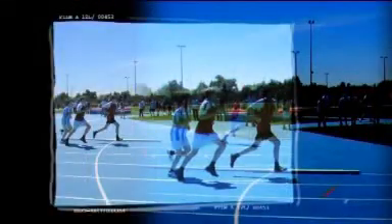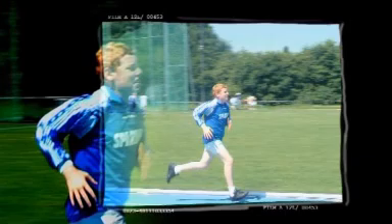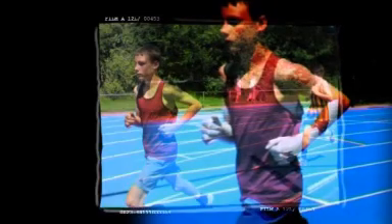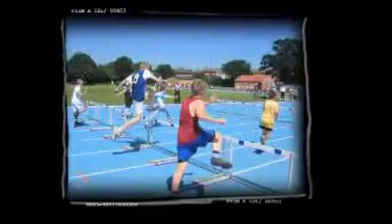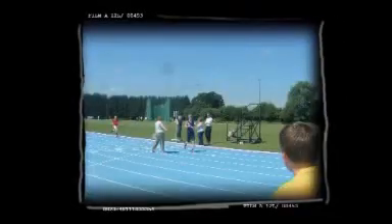Sun protection is a key feature we do have to advise them about. We encourage our boys to slip on a t-shirt, slap on a hat and slop on the sun cream. If the weather is slightly inclement, then we might have to change the events around depending on our risk assessment. The main problems obviously are the throwing events and the hurdles. In terms of the nitty-gritty of the organisation on the day, so long as you've tried to cover all the bases in your planning prior, things usually run quite well on sports day.